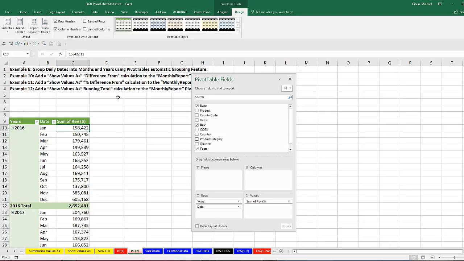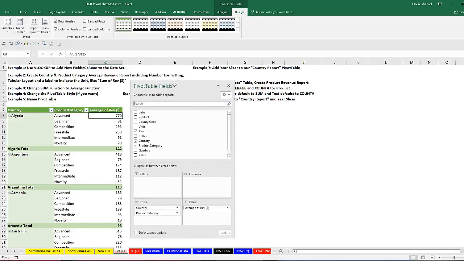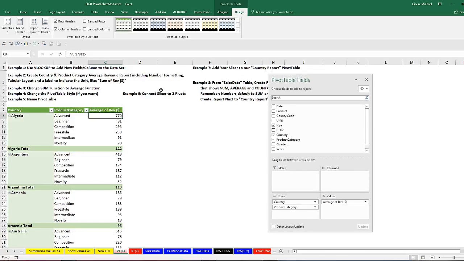But I had to come and create this pivot table first because I actually wanted to make sure that we grouped so that we had this new field, years, because I want to go over to Pivot Table 1, drag this to the side, and with a cell in our pivot table on this sheet, I want to add a slicer. Now, a slicer will be a list of the years over here. And I'm allowed to click on the year, and it will instantly add that condition or criteria to the entire